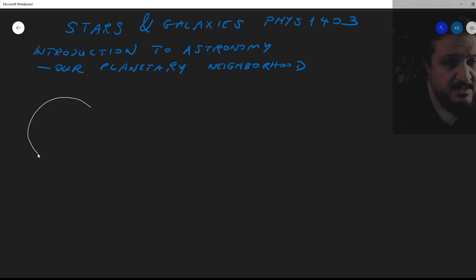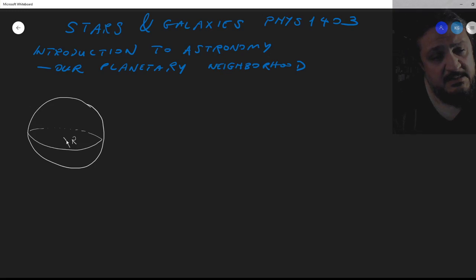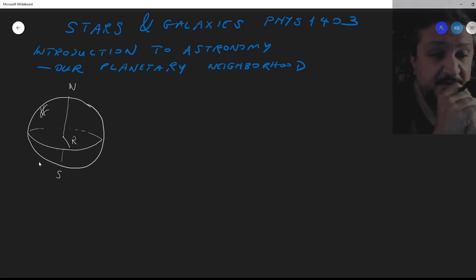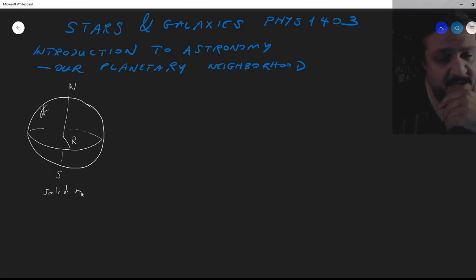Earth is like a large ball, right? A sphere. It's not exactly a sphere. It means the radius at the equator, which is the large circle at its belly with some radius, is not the same as the distance from the center of the Earth to, say, the North Pole or South Pole. That's why it's not a perfect sphere, but for our purposes today, it doesn't matter. Let's say it's a sphere, a very large sphere, a solid rock on the outside.